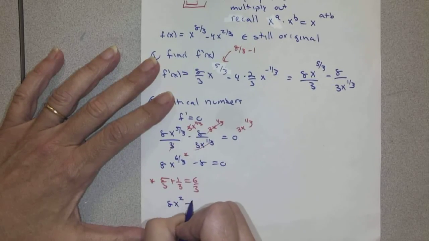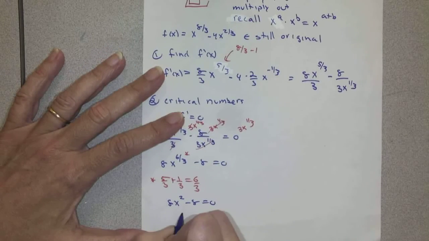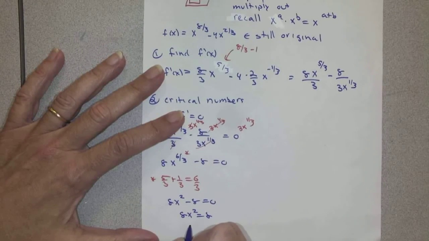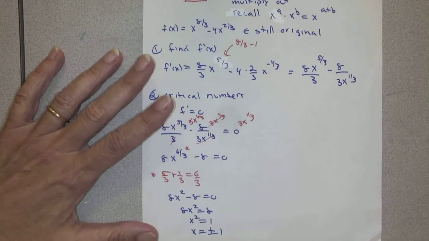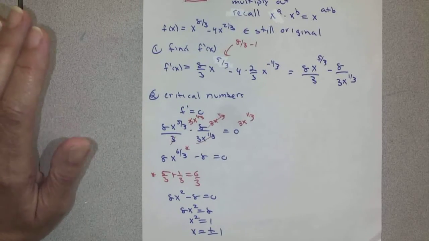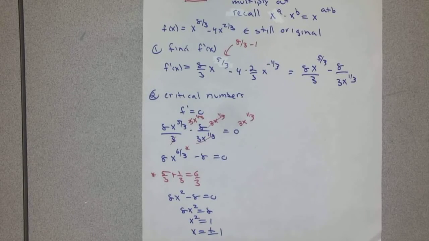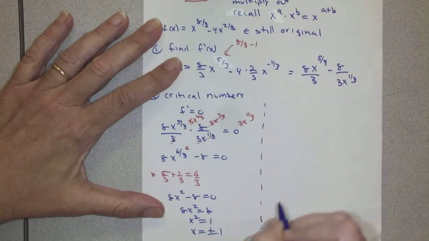So that's 8x squared minus 8 equals 0. 8x squared equals 8. x squared equals 1. x equals plus or minus 1. Take the square root of both sides. Do not forget the plus or minus 1. Then also do not forget